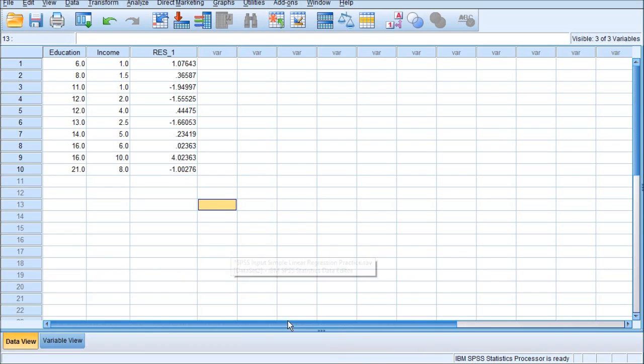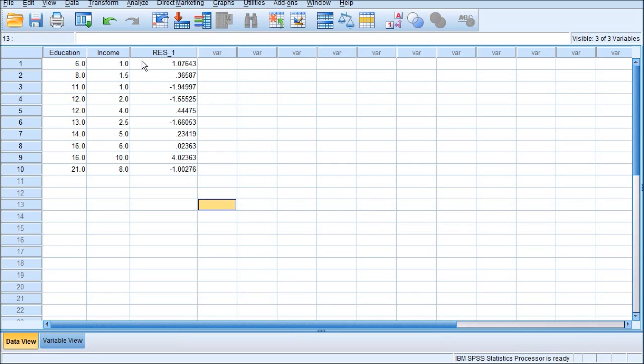We can see another variable generated here, res_1. This is the estimation error, the difference between actual y variable and predicted y variable.